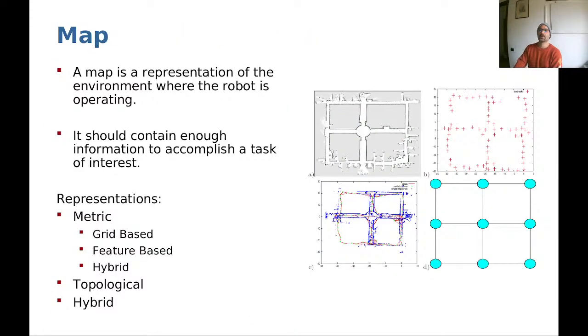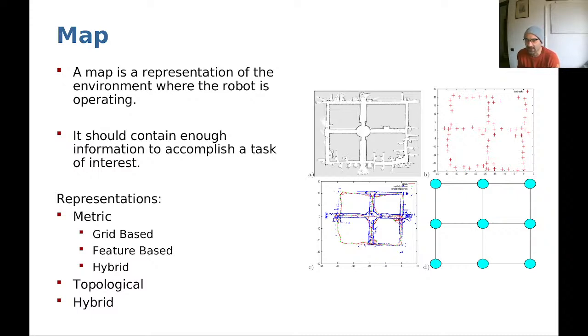Now, let's talk about the quantities that we want to estimate, that we are interested in, that we have said are three: the map, the robot location, and the path of the robot. And given that we are computer scientists, and in the end everything has to be dealt with by a program, let's talk about potential ways we can represent a map. The map